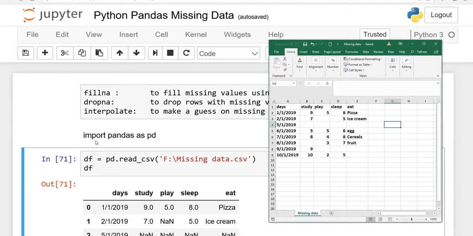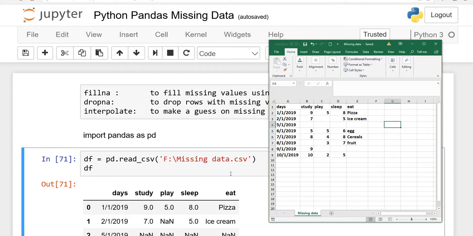So first of all, what you have to do? Yes, you have to import pandas as pd. This pandas library is installed here, or you can say imported here in the Jupyter notebook. My data frame is equal to pd.read_csv. This extension is very important because this file is a CSV file, that is why you have to write csv. In parentheses, you have to write the path of your file. I have stored it on my USB, which is the F drive, and the name of the file is missing data. You can see at the top of this Excel, missing data.csv.